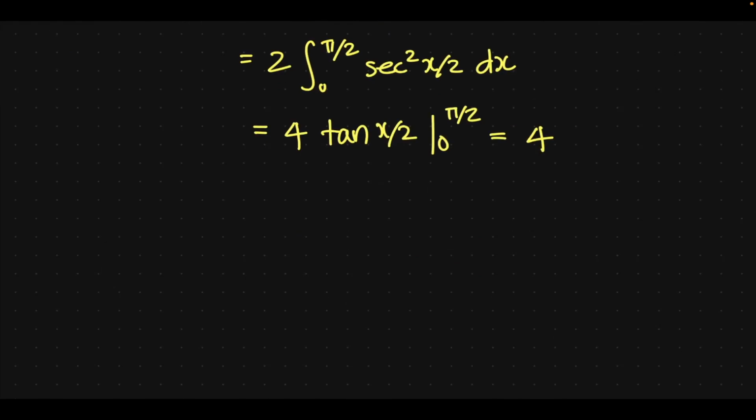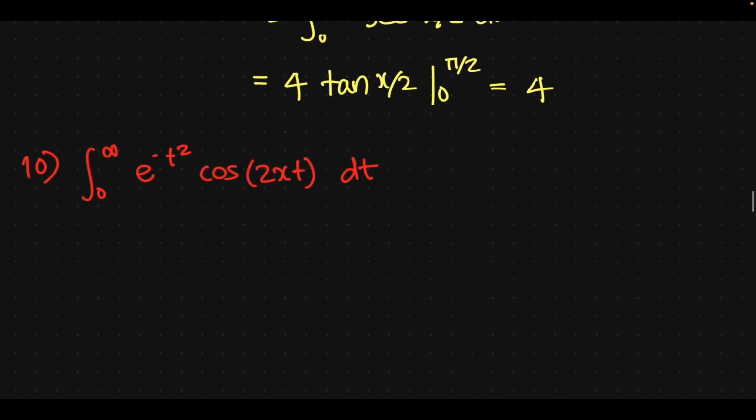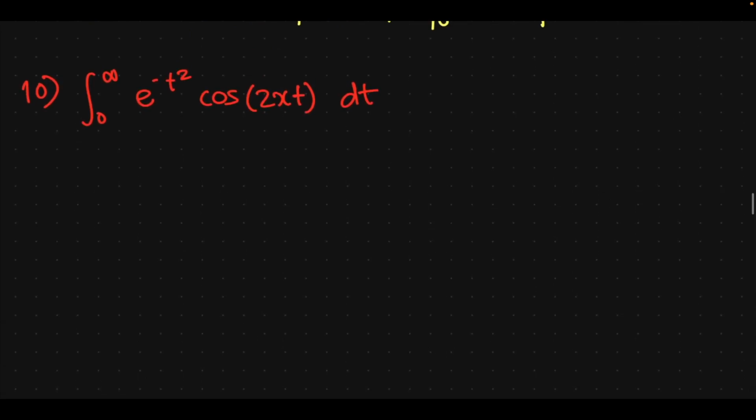And moving on to the last one, finally, we have the integral from 0 to infinity of e to the minus t squared cosine of 2xt dt. And to solve this, actually,